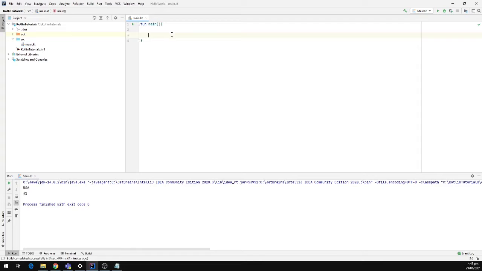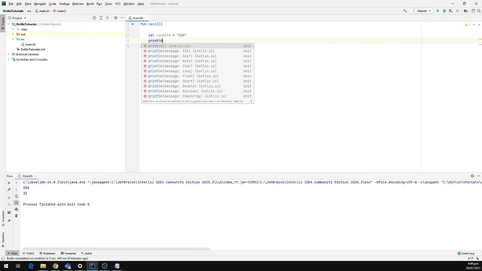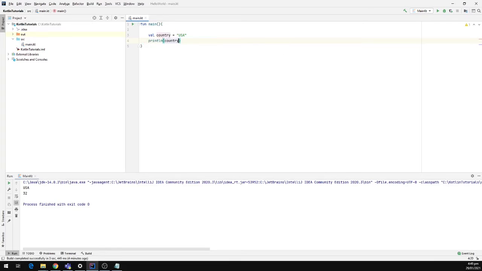Now we are going to define an immutable variable called country, and we are going to set its value equal to USA. But this time we'll be using the val keyword. Now we are going to print the variable on the output window using the println statement. Now we are going to go ahead and run the program, and we can see nothing has really changed up